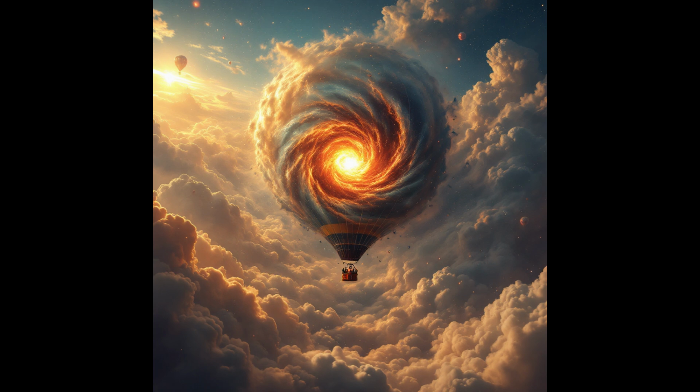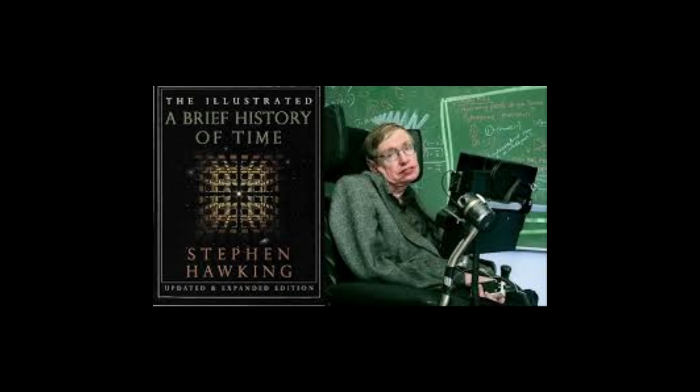Key vocabulary. Here's some important vocabulary from A Brief History of Time explained in a fun, simple way. Big Bang, the universe's birthday, when it all started with a big explosion. Think of it like the moment you blow up a balloon, it all begins from a tiny speck. Black hole, a giant cosmic vacuum cleaner that sucks in everything nearby, even light.